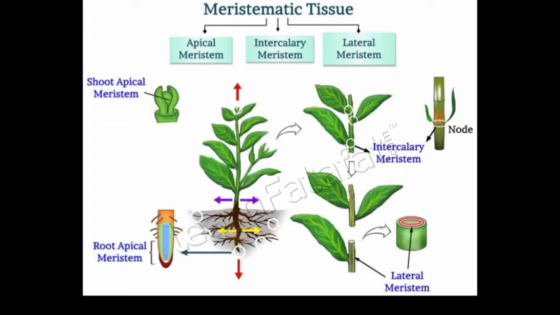Now if you talk about the function of epidermis, the main function of epidermis is to protect the plant from infection, and the cuticle of epidermis cuts the rate of transpiration and evaporation of water and prevents wilting. If you talk about cork, in older roots and stem, tissue at the periphery becomes cork cells or phellem cells. Cork is made of dead cells with thick walls and does not have any intercellular space.